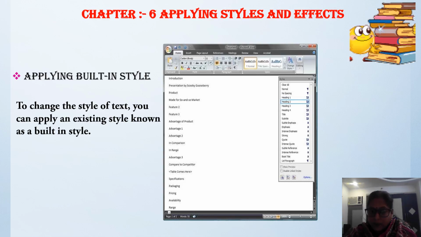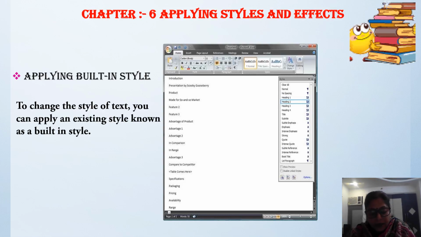To change the style of the text, you can apply an existing style known as built-in style. This option is available in, first we have to select the text, click on the style dialog box launcher button in the style group on the home tab.